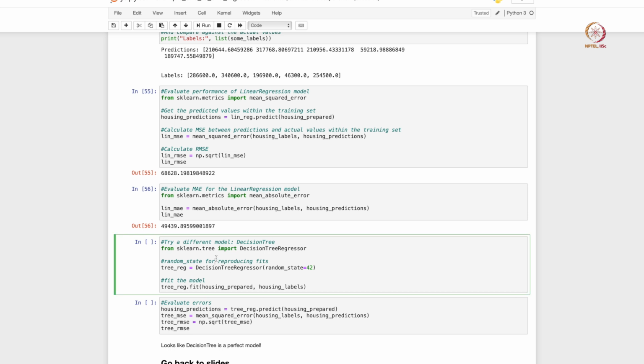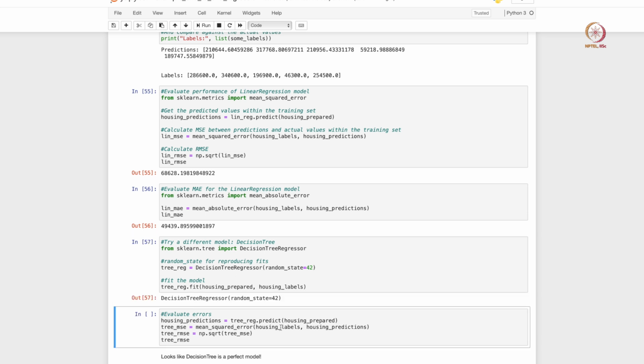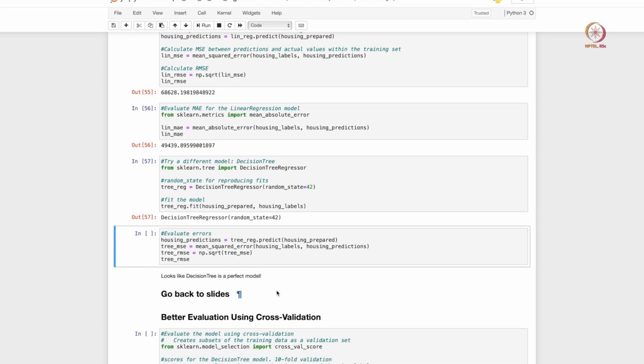Creating a decision tree model is a fairly simple, straightforward exercise, just like linear regression. You create an instance of the decision tree and then you call the fit function. For the decision tree we have to give a random state, because depending on what the random state is you can have different fits generated. So for reproducibility we will use a random state of 42, and as you can see the model fit very quickly. And let's see how the predictions are,